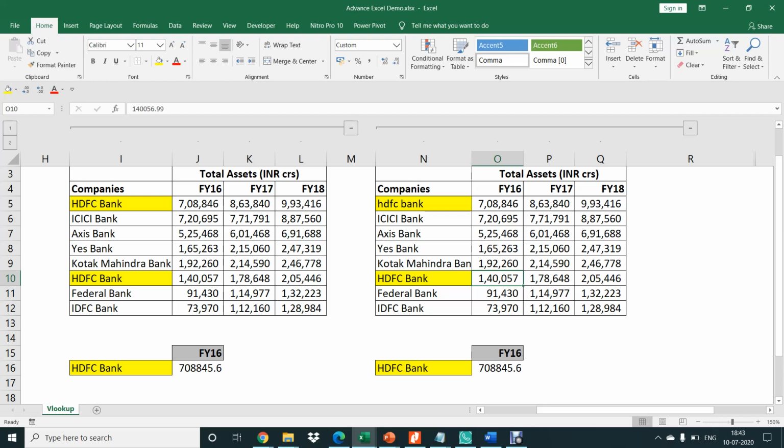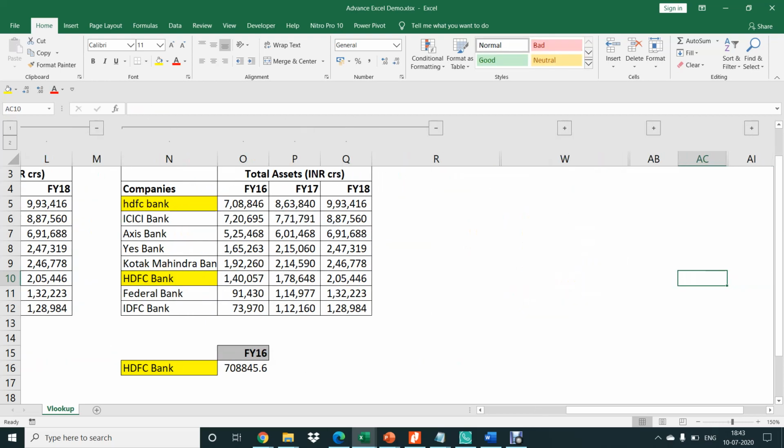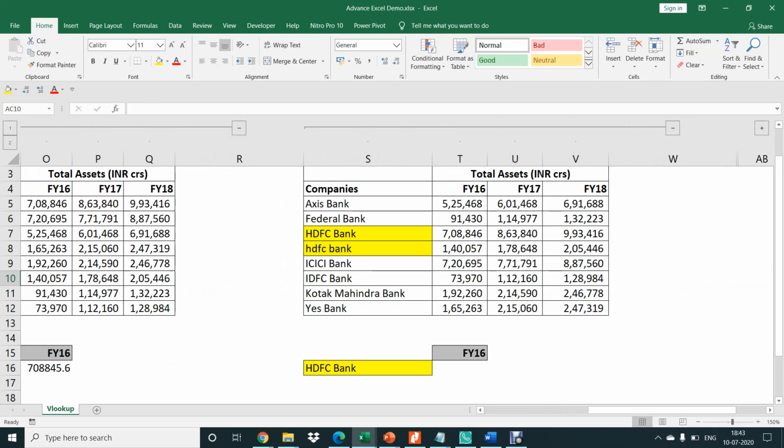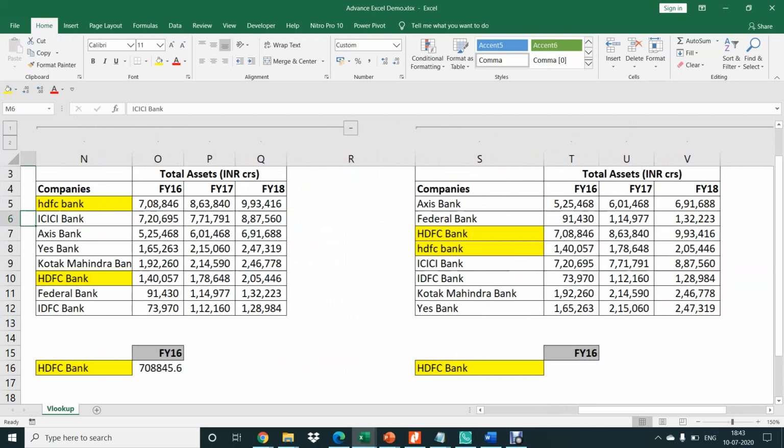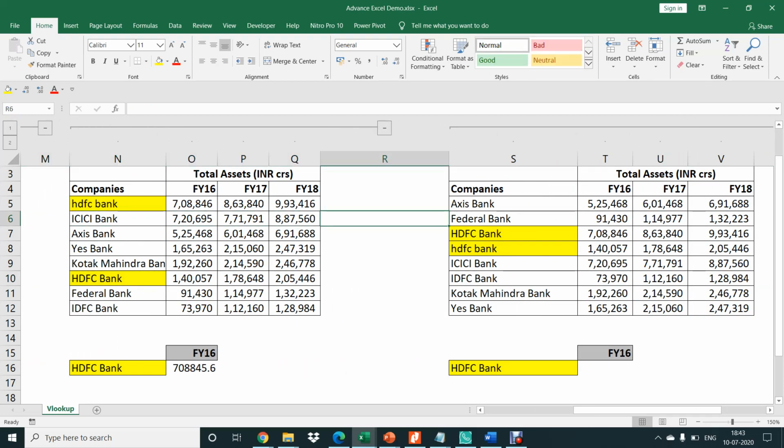Why? Because once you sort your data set, Excel will now know that each item is different and it is in a sorted order. So what I have done here is I have sorted my data set here, in this formula, and I have put two items. I have sorted it on the basis of alphabets, and I have put two items.